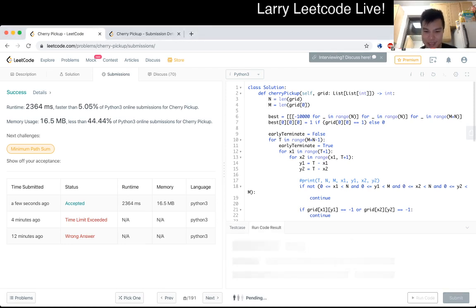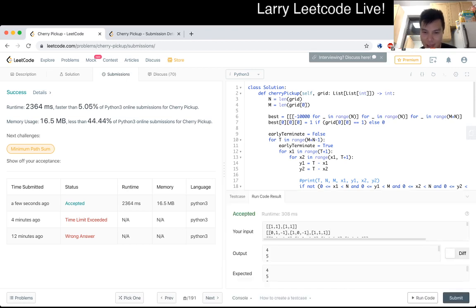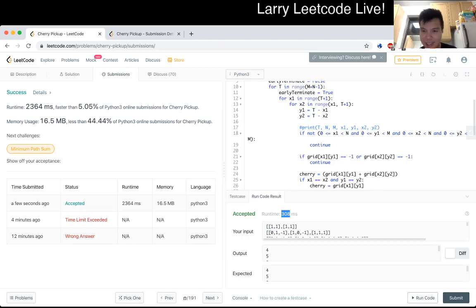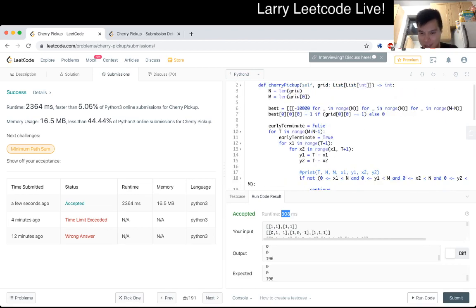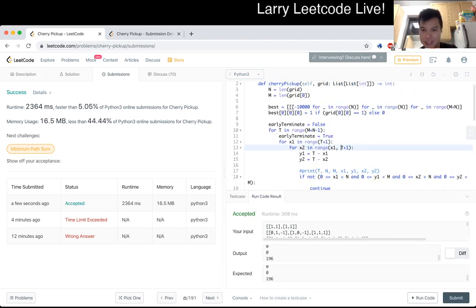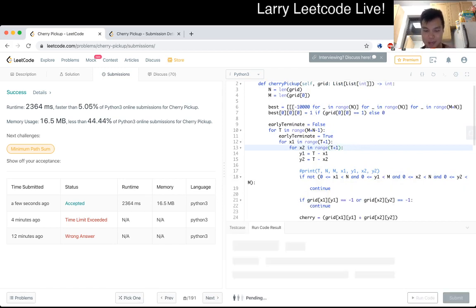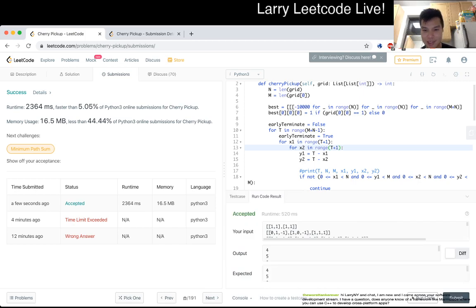Should write a generator for it. Okay, yeah, so that takes 308 and still gives me the right answer. And if I had my old code, I suspect that it would be a bit longer. 308. Yeah, so I would have saved a good amount of time if I had that optimization, which